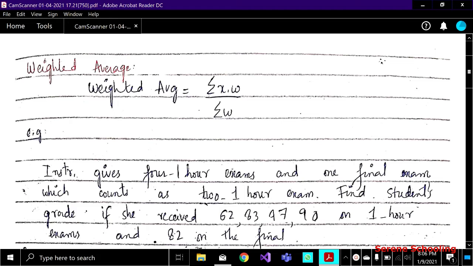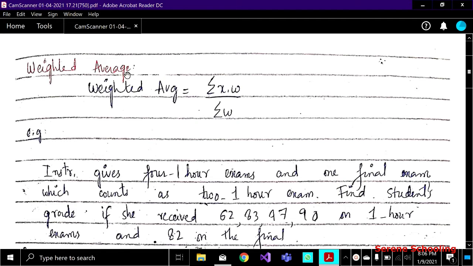In this video we will see what is meant by weighted average and how we find it. In the previous videos we learned about arithmetic mean, or simple mean, or average. They all mean the same, but the difference between the weighted average and the simple average, or arithmetic mean, is that the weighted arithmetic mean is similar to the ordinary arithmetic mean, but